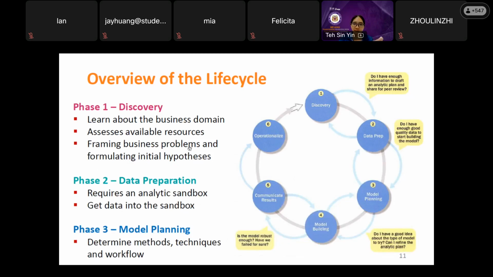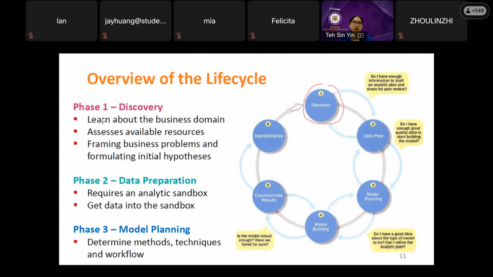The sequence is important. For the life cycle, it must start from discovery. I repeat, the sequence is important in the six phases of the analytic life cycle. So we start with number one, discovery.